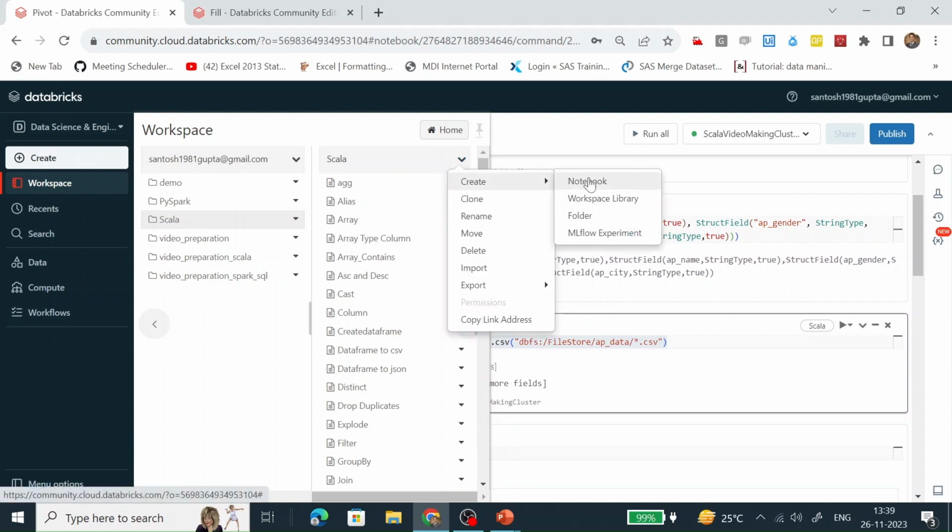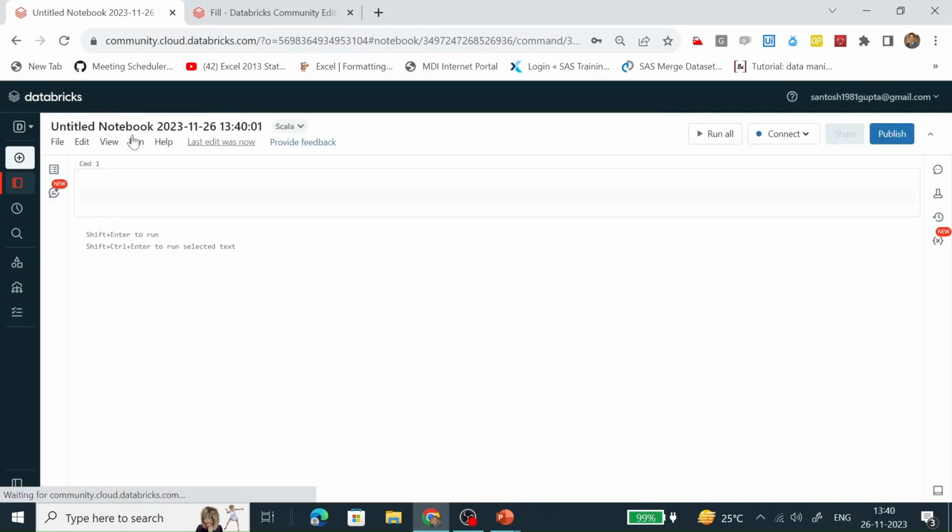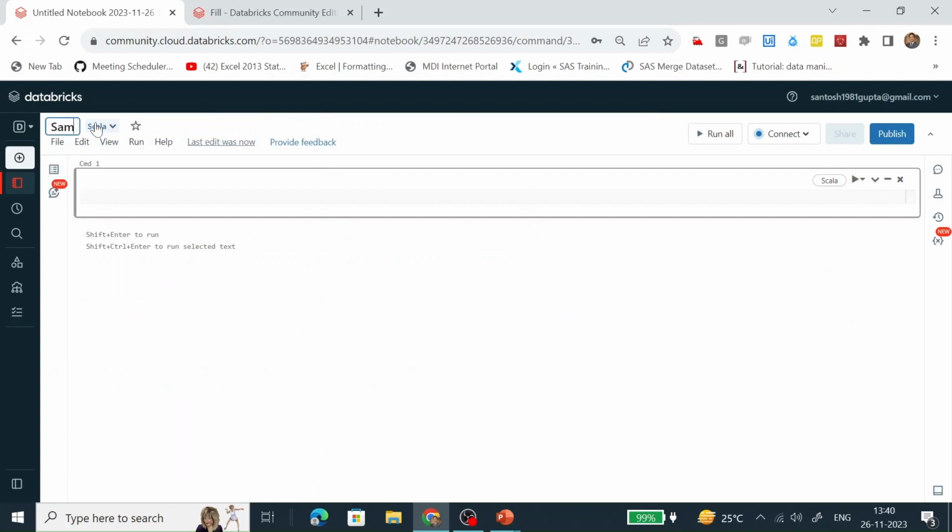Let's create a notebook. Name it sample. Here, connect it with the running cluster. Now this notebook has been connected with our running cluster. Now create a data frame with the help of spark.range.